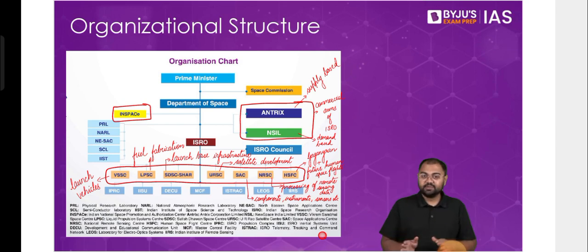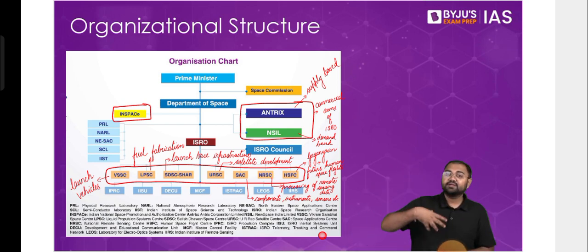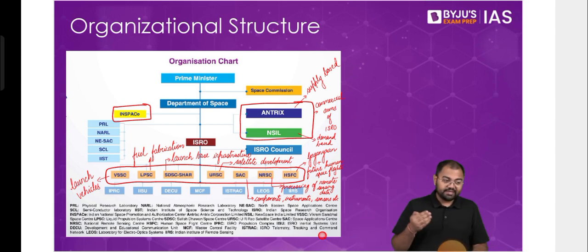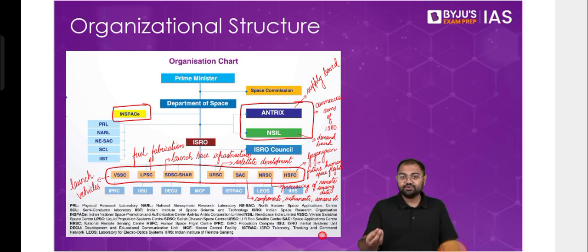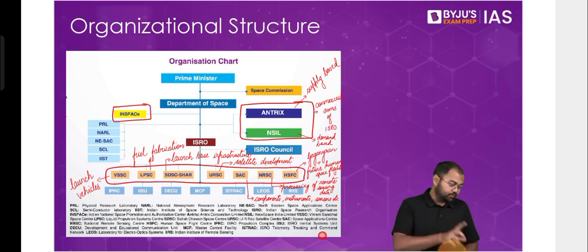It will be working on everything that ISRO has, and if somebody comes to us and asks for something that ISRO has done or can provide as a product or service, we'll do that. But in case of NSIL, if you have a new request, you will come to NSIL. You will place your order, and then they will try to fulfill your order. So that is what we mean by demand based, and that is what they said the difference between Antrix and NSIL is supposed to be.